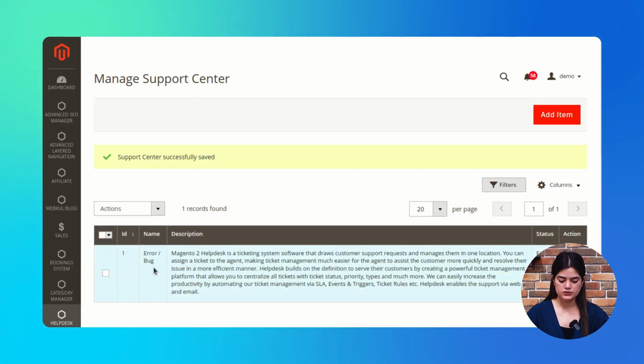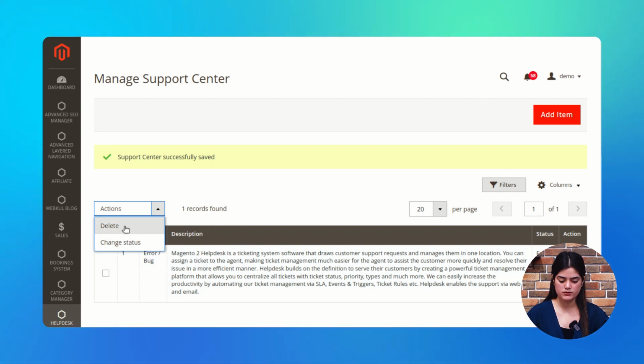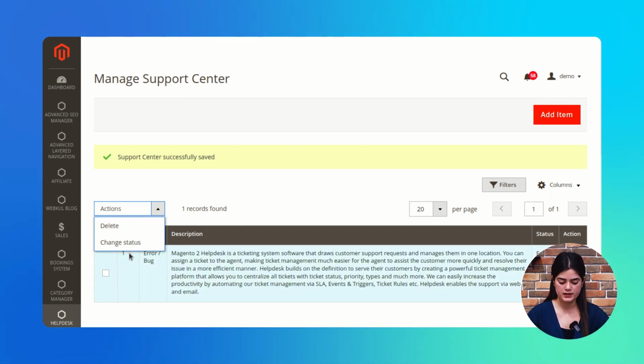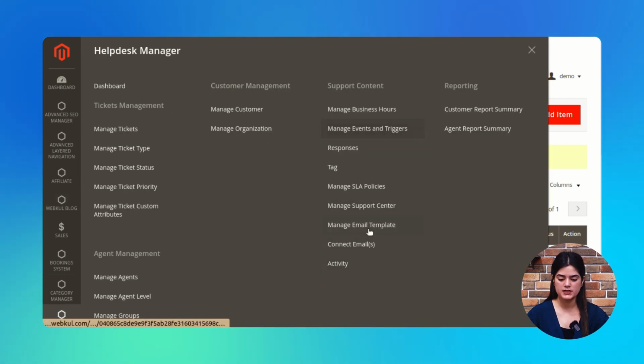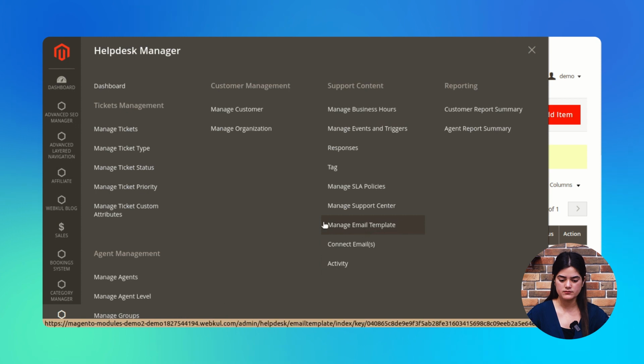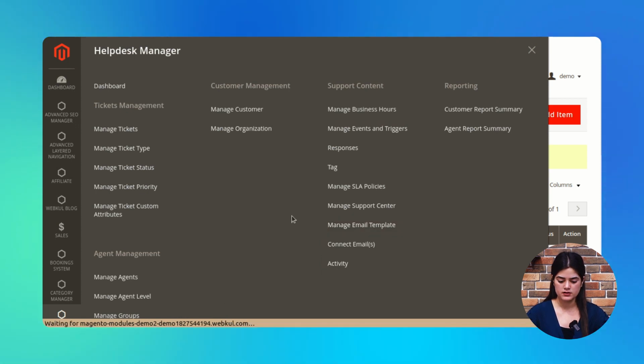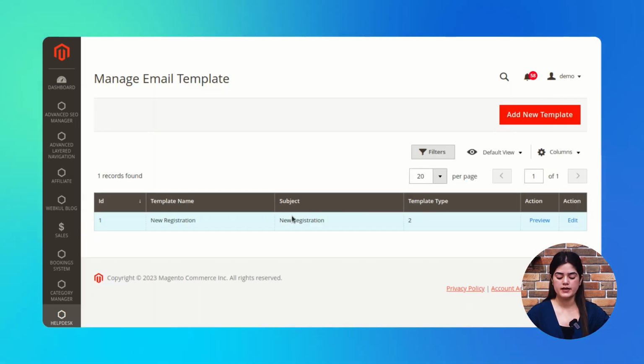And if you want to change the status, or if you want to delete that particular support center, like the saved replies, then you can do the same by tapping over the delete option and the change status option. Coming next, we have an option of manage email template. You can create your email template from the manage email template option.